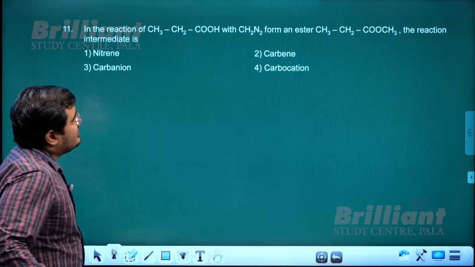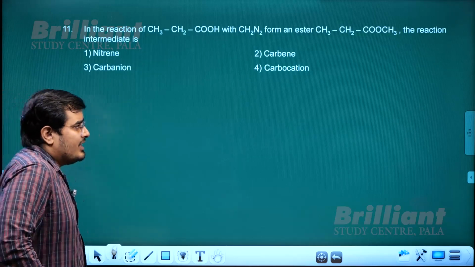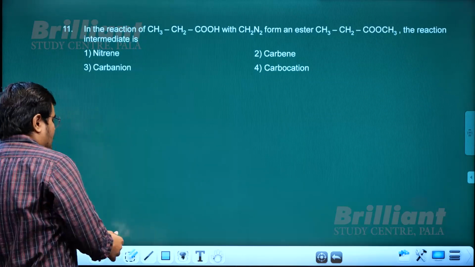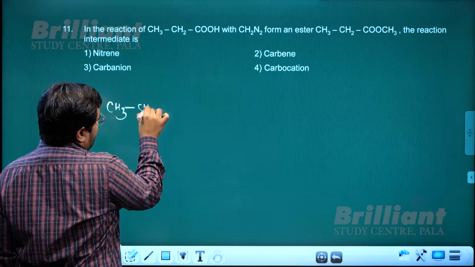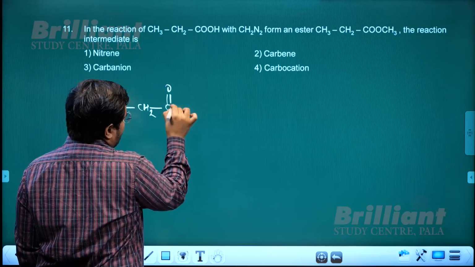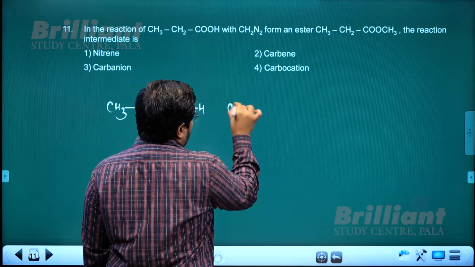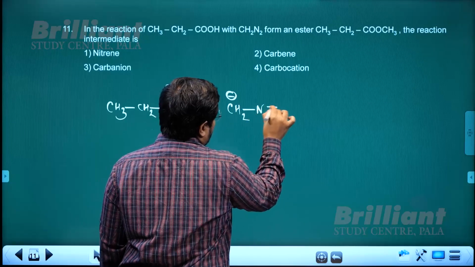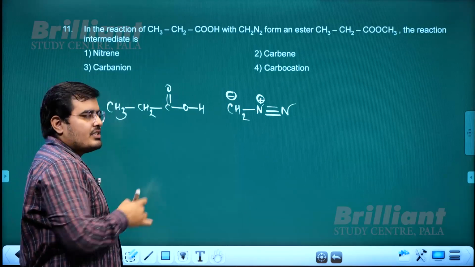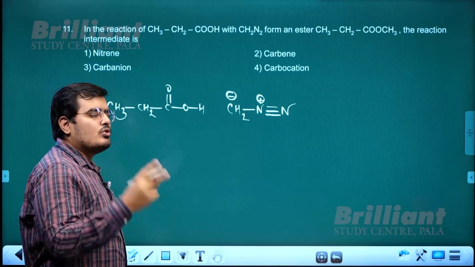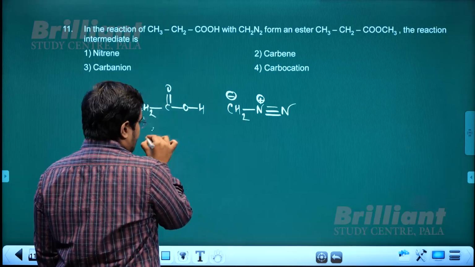Next is, in the reaction of CH3CH2COOH with CH2N2 forming an ester, the reaction intermediate is. For this question, if you look into the mechanism, the given compound is CH3CH2COOH. We know carboxylic acids have an acidic hydrogen, and if I write the structure of diazomethane, I can write it as CH2N2. Again, nitrogen with 4 bonds carries a positive charge. With 3 bonds, nitrogen is neutral. With 2 bonds, nitrogen will carry 1 negative charge. Since this is carrying a negative charge and this is an acid,